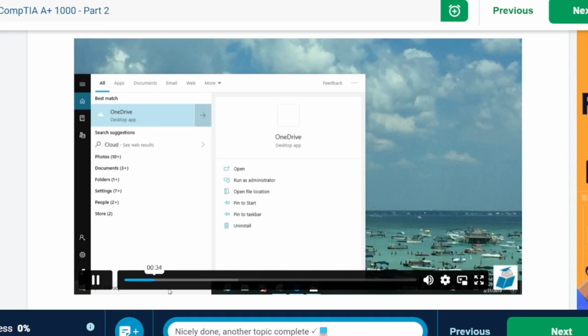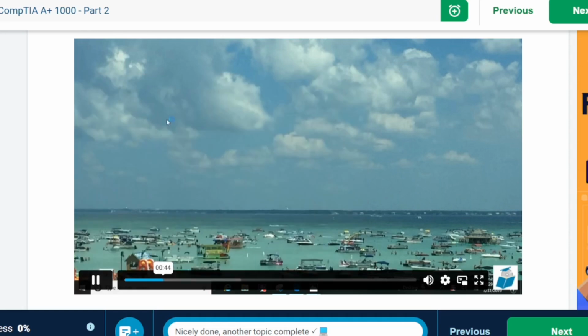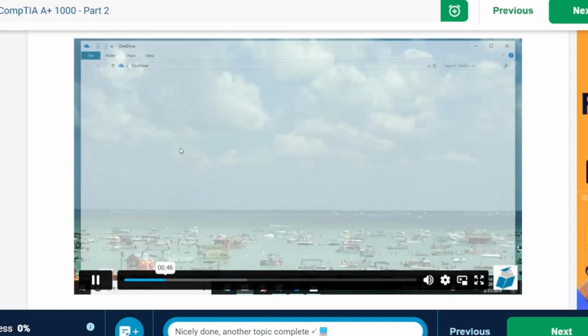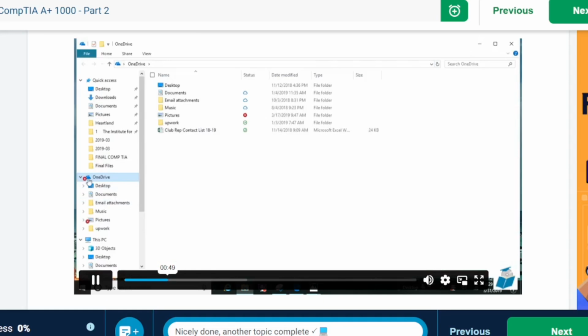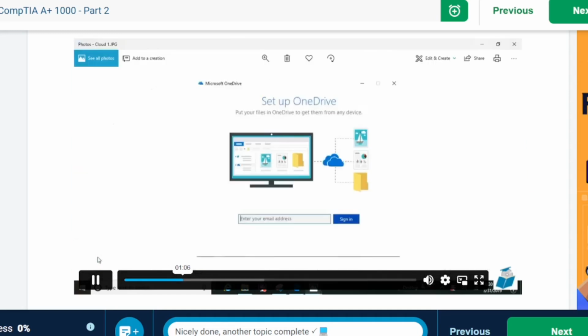So I've typed in cloud down in the start engine here. If I put that on my computer and it's connected to Windows 10 and I've already set up a OneDrive app, this is cloud-based. If I click this button, it will take me instantly to my OneDrive. And you can see by the cloud right here, that this is the status and what things are in the cloud. So I've got documents that are in the cloud. I've got some email attachments and music and things like that. I don't have my pictures per se in the cloud, but I can put anything in the cloud that I'd like. So let me show you how I got from point A to point B and how you really register and get this set up.